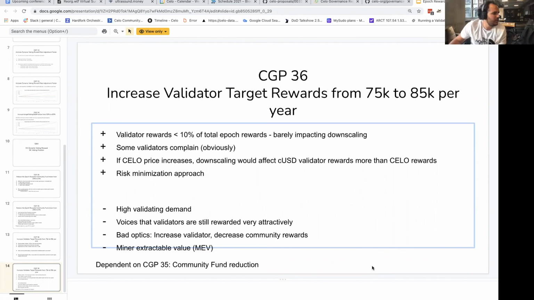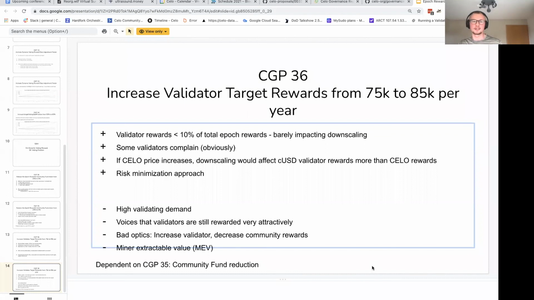Well, I guess the worst case scenario, because we have the dynamic yield adjustment, right? If we have the validator rewards scaled up and the community fund not scaled down, it would just hurt Epoch rewards for voters a little bit. Yeah, and not by much.